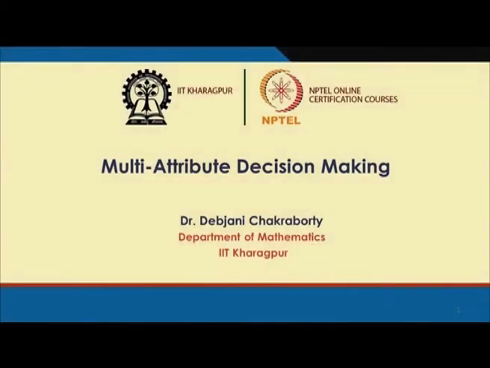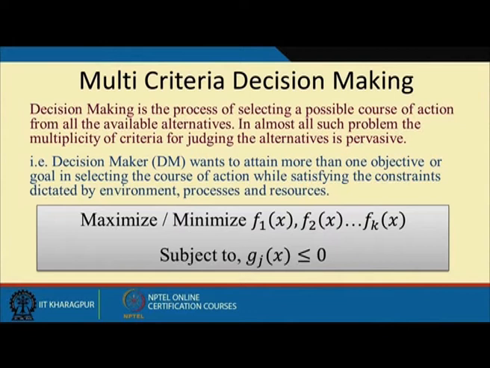Now, today we are again concentrating on multi-objective decision making problem, but today's lecture will be on multi-attribute decision making problem. Where is the difference between multi-objective decision making and multi-attribute decision making? That part I am going to tell you, but one thing you have seen, if I define a multi-objective decision making, we use the term multi-criteria decision making, because you have seen in my previous class that there were several criteria together and we were optimizing all the criteria